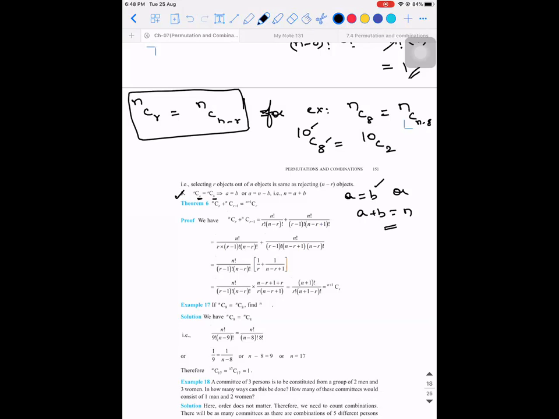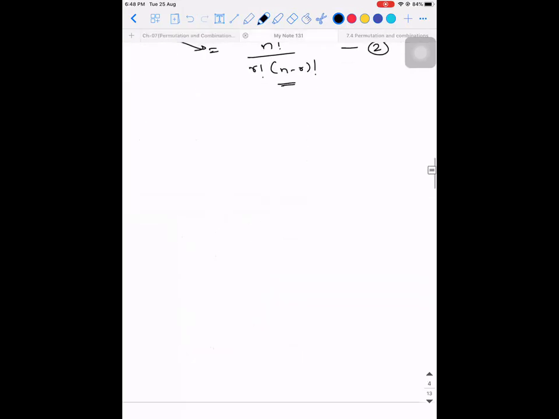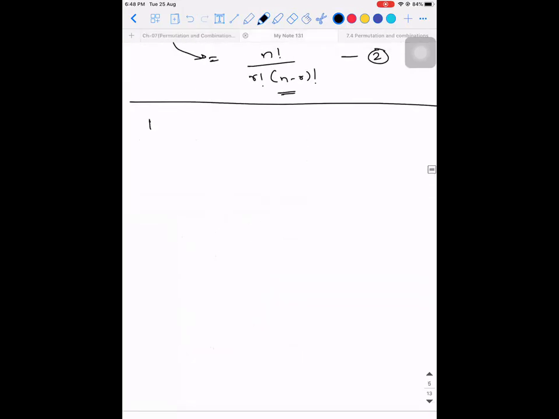See, if I give you 10Ca is equal to 10Cb, then they both can be the same if a is equal to b, say equal to 2, I'm just taking 2 as a random number. Or a plus b should be equal to 10. The meaning of it is, if a takes a value of 1, then b will take a value of 9. So they are saying 10C1 is equal to 10C9.